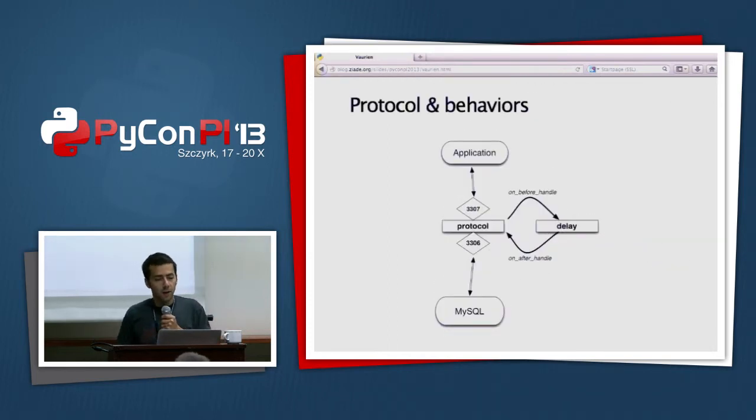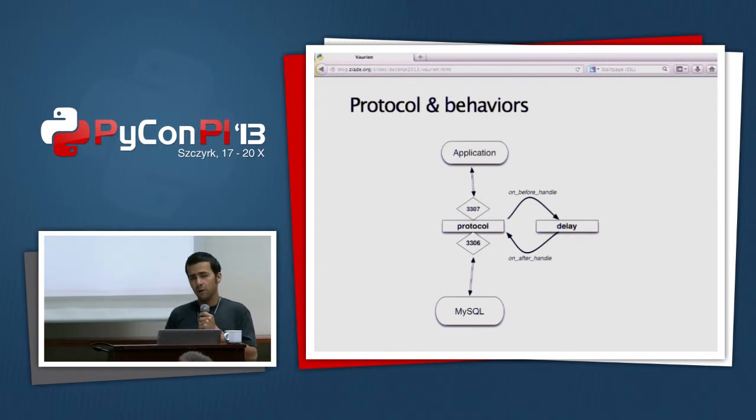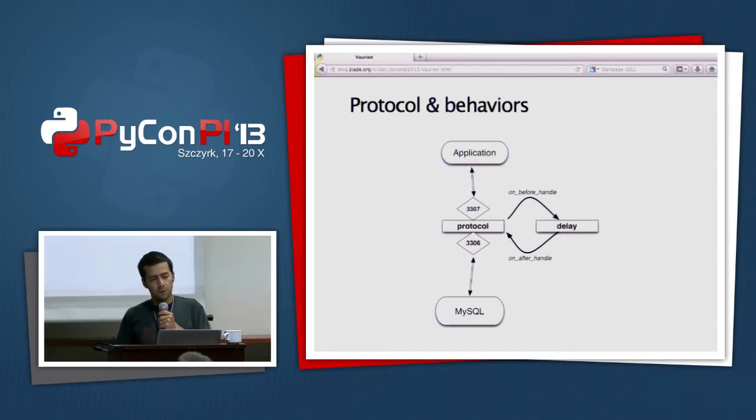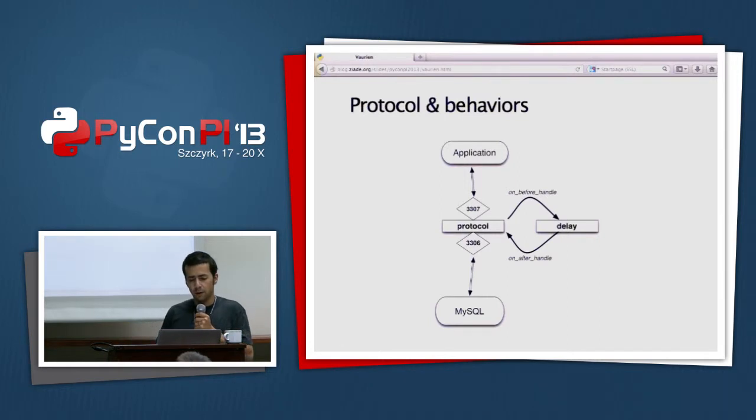So here is an example with MySQL. What I do is, in my application, instead of calling MySQL on port 3306, it uses another port, 3307, and I configure Vaurien to listen for incoming connections on 3307, and it connects itself to the MySQL server on the 3306 socket.